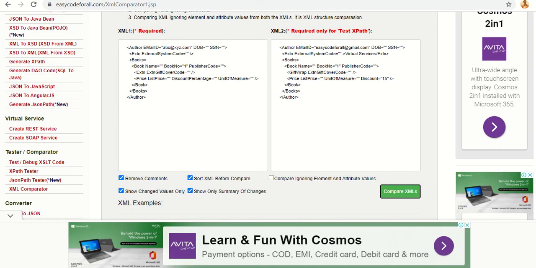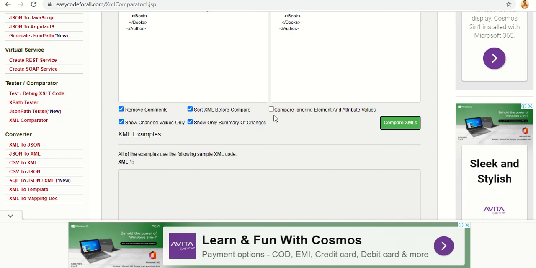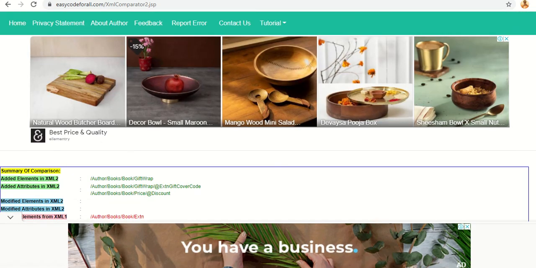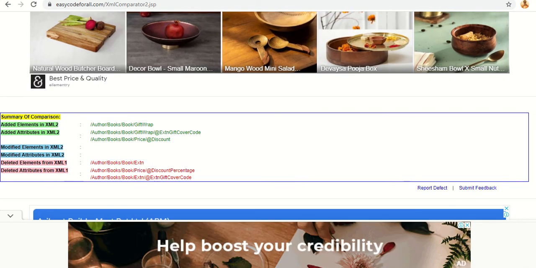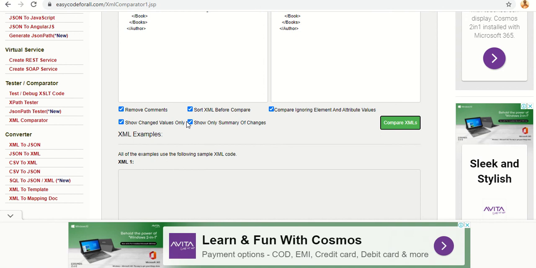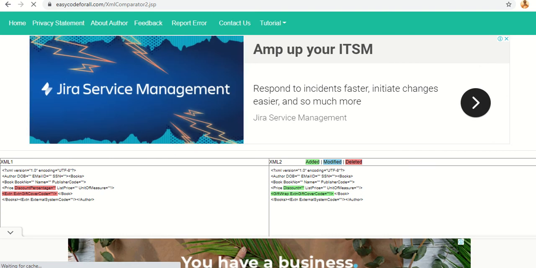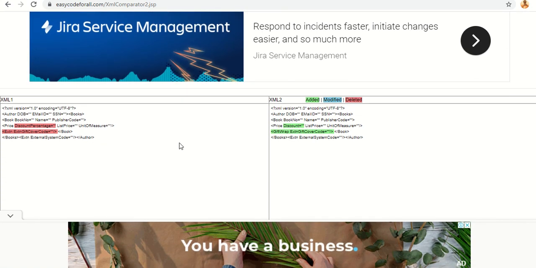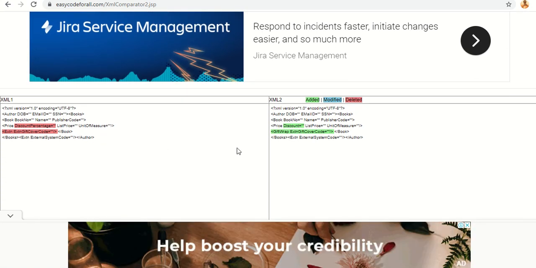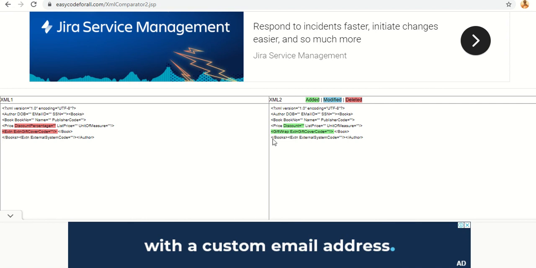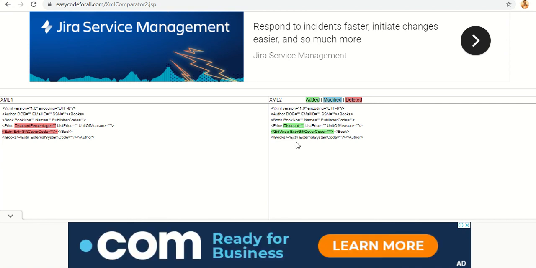And this one, if you check it, it will remove all the values from both the XMLs and then compare. As I have selected summary of changes, it is showing the summary of changes. Let's uncheck that. Here it removes all the values and then compares what elements or attributes were added, deleted or modified.